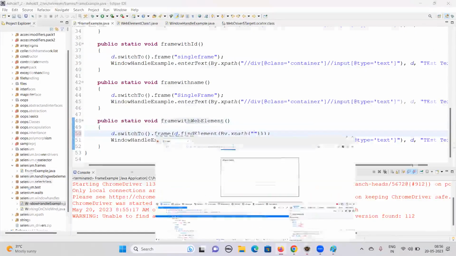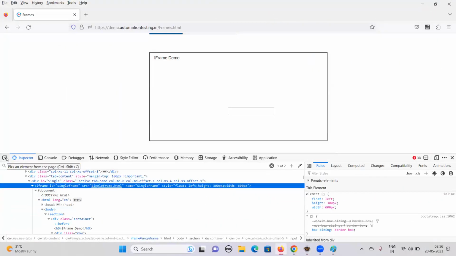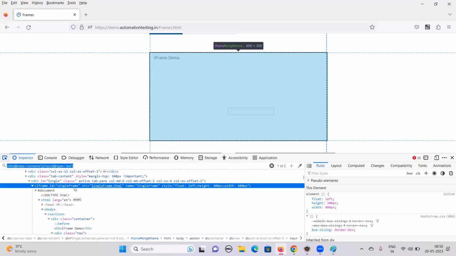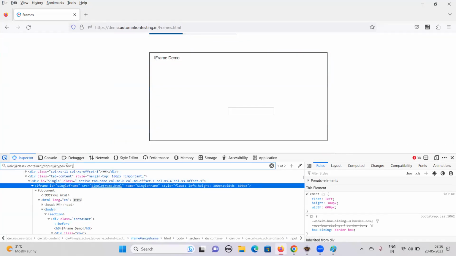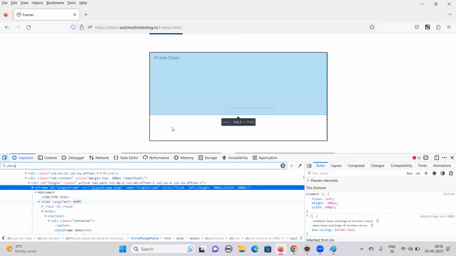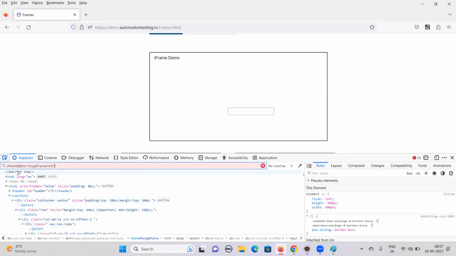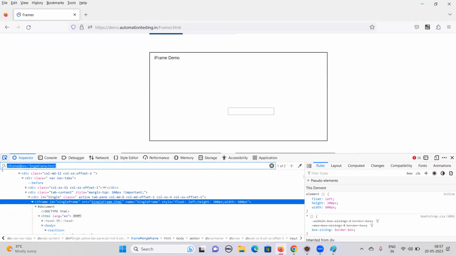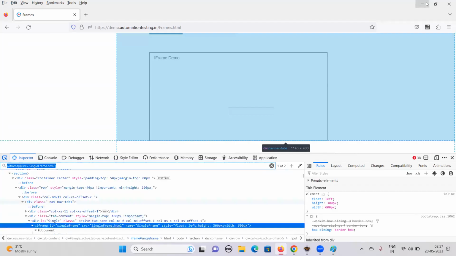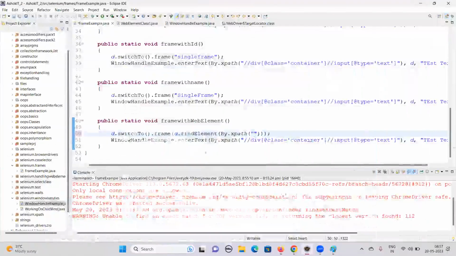So here I'll come here and I'm going to take something. Source we have, right? So I'll take this source. If we are not able to identify the element with any of this ID or name, if it is not working or if we don't have those properties, then we can go with this. Okay, so source is equal to this. I can see iframe slash is missing there. Now you see, we are able to identify it. Take this one, go and paste it here. And I'm going to call the method with